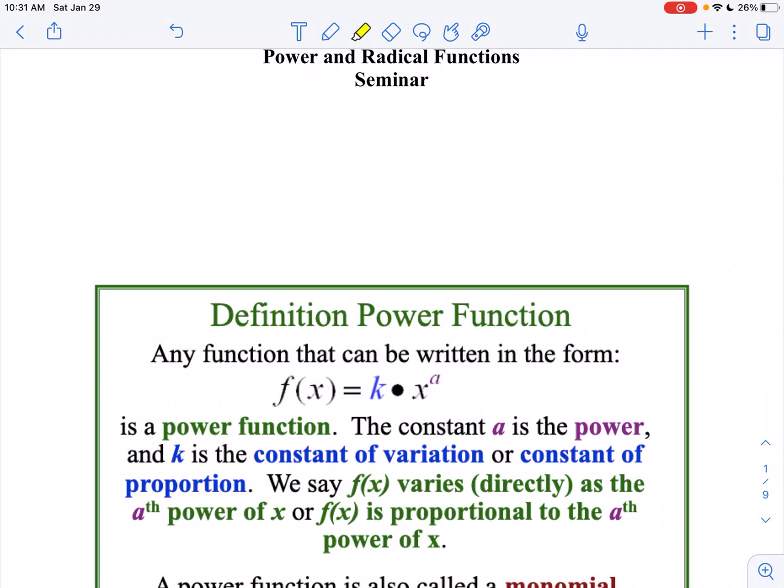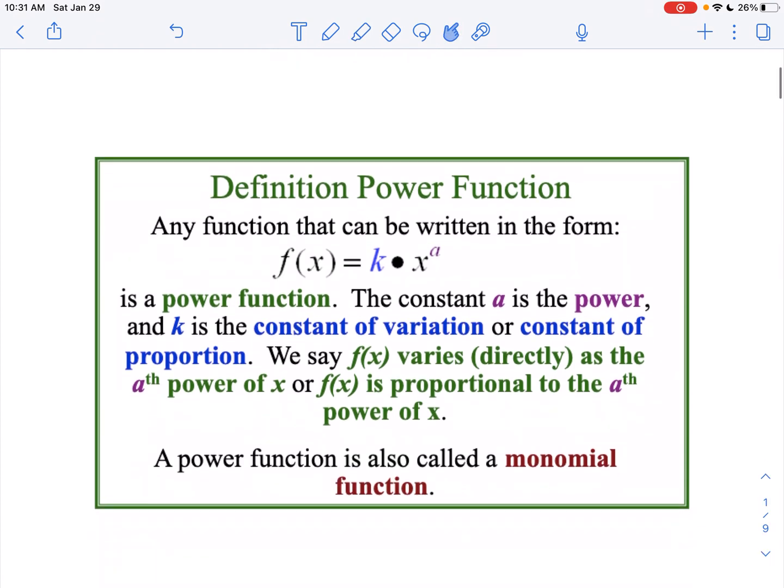Hello, in this lesson, I want you to graph and analyze power functions. I want you to graph and analyze radical functions and solve radical equations. They're all kind of related. So first off, when we look at a power function